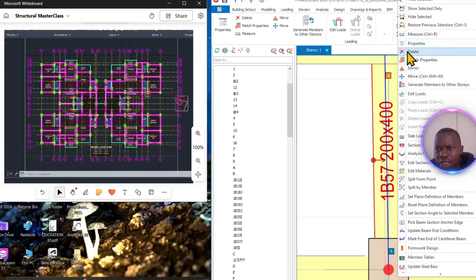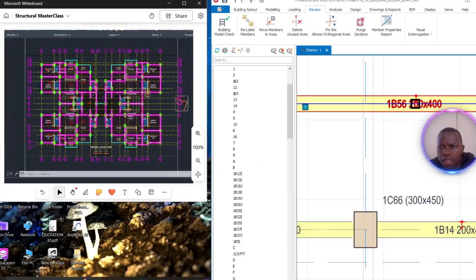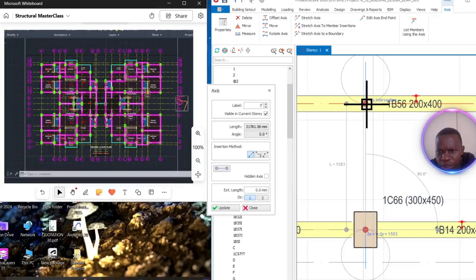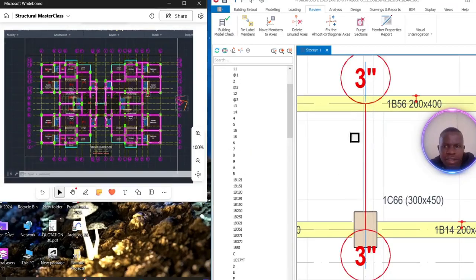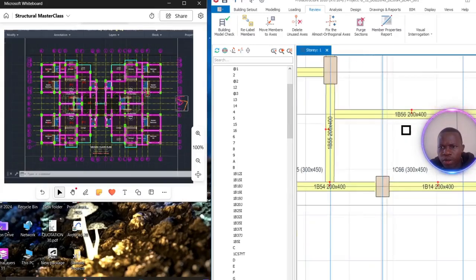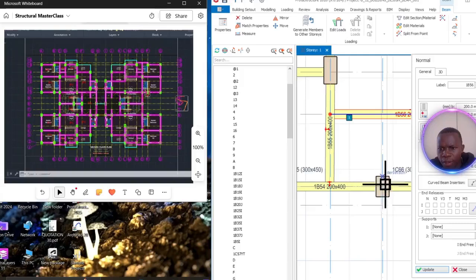So just delete it and simply right click, go to properties. We have to be very careful so that we just snap it. So this is how you do it, you draw